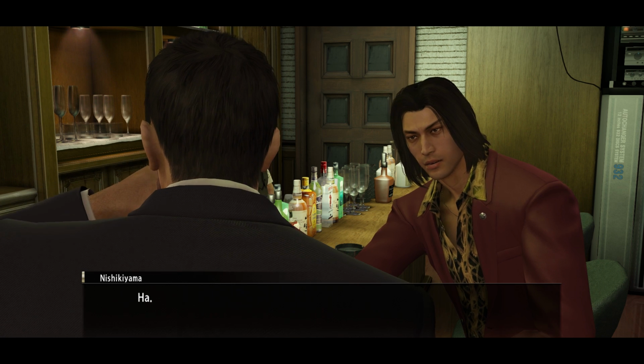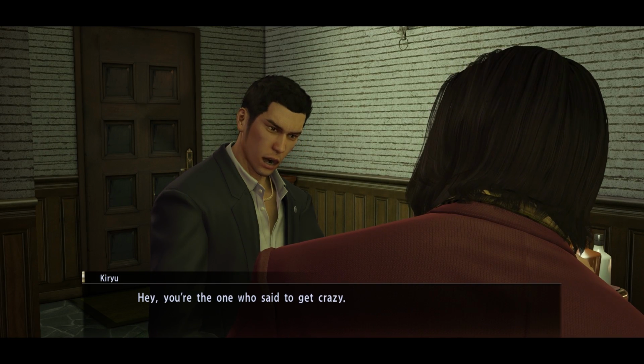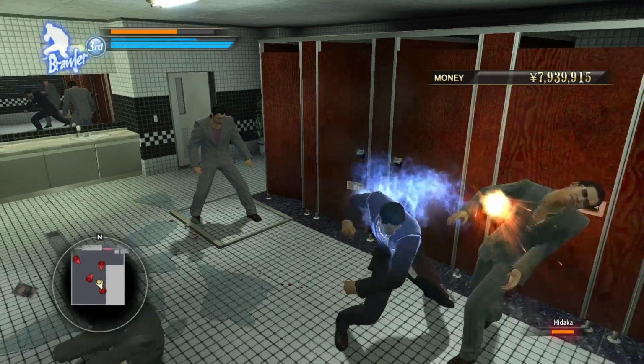You head in here with Nishiki. It's a technique that the game actually uses much later in some other specific context, including a time when Kiryu and Nishiki go to Kiryu's house. In contrast,